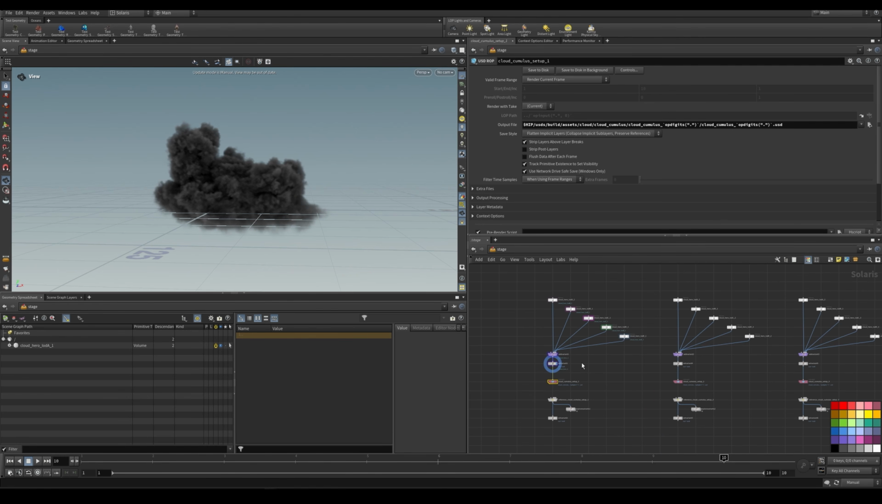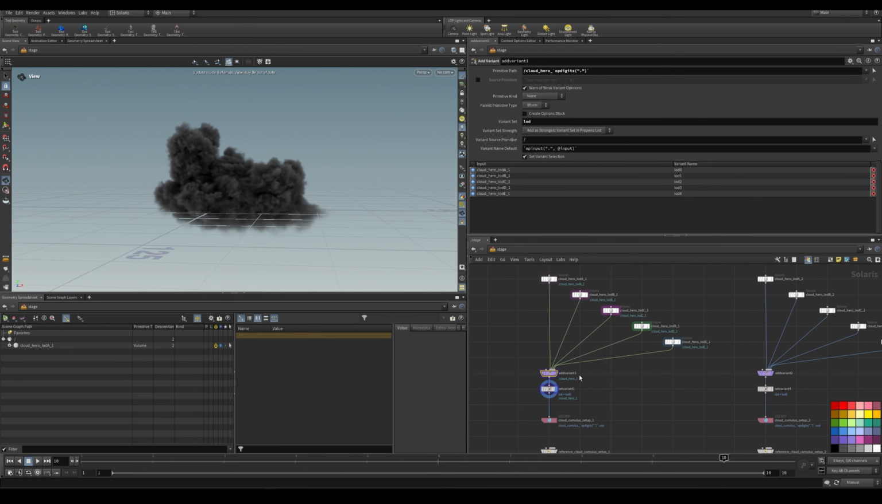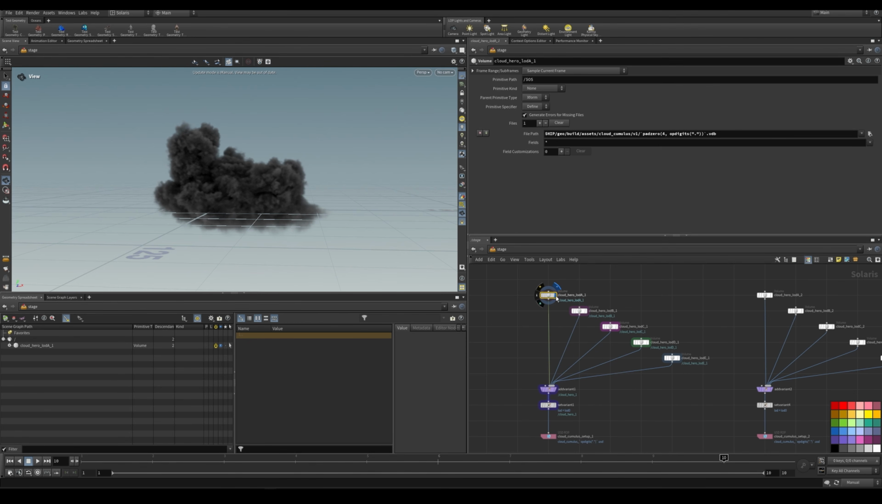So the goal is to make a USD asset that has multiple variants of the cloud LODs. So say cloud 1 will have LOD 0, 1, 2, 3, 4, cloud 2 will have LOD 0, 1, 2, 3, 4, and each of the clouds will be in a different USD file. So in order to do that, we use the add variant node to add all the LODs into one asset. So this is the first cloud,